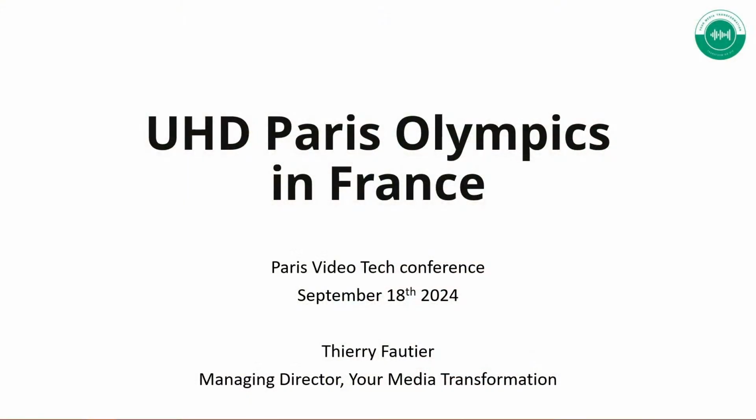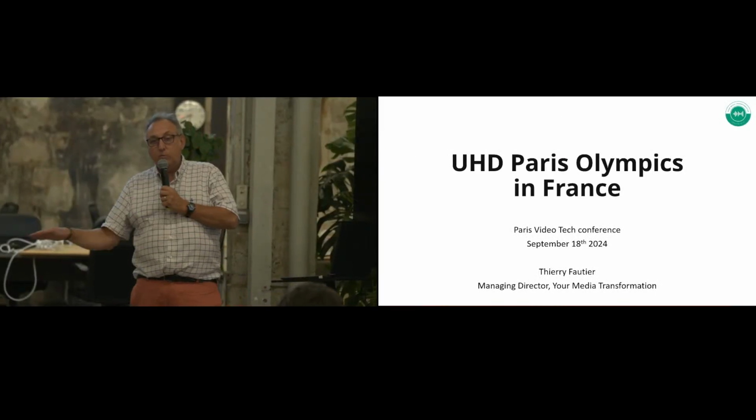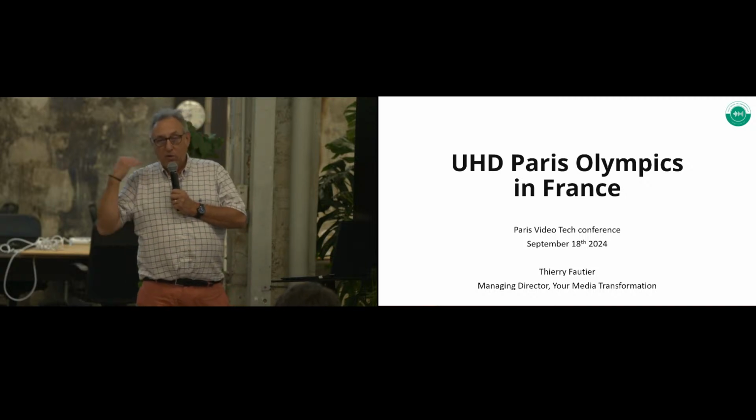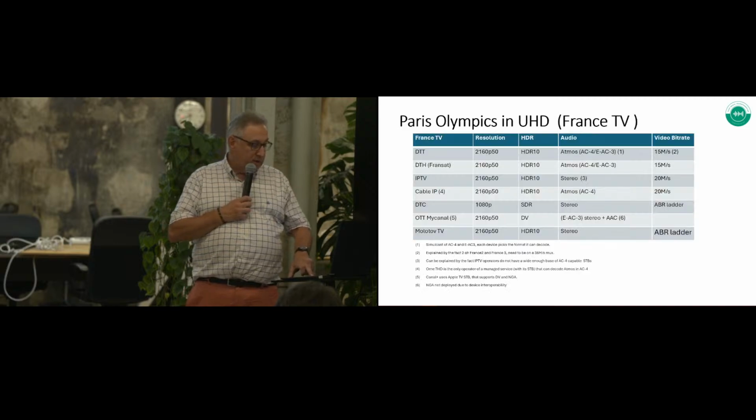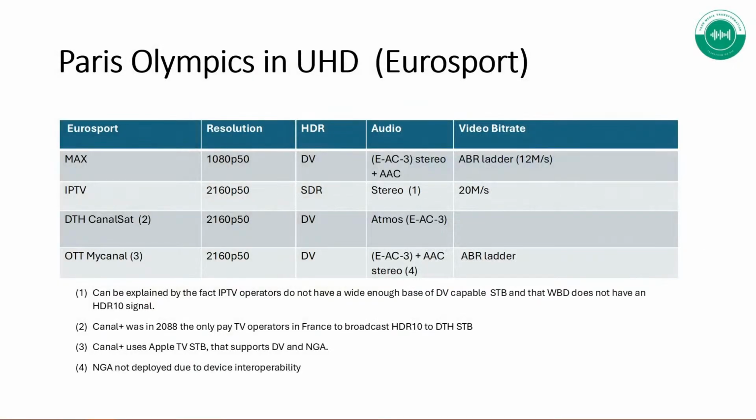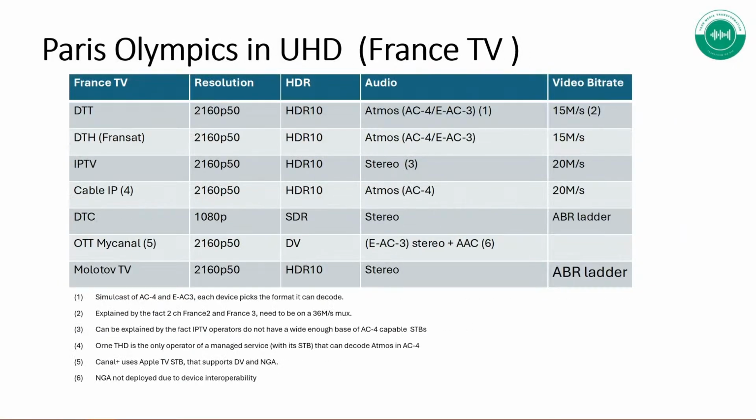Okay, I give you a few more slides, and after that, I go to the bar. So, Paris Olympics. As you know, the IOC was giving to OBS the task to produce 100% of all the Paris Olympics in 4K HDR. After that, you had two distributors in France, France Télévisions and Eurosport. So I'm going to talk about the signal that went from the France Télévisions head end to all the different distributors: DTT, France Sat in DTH,